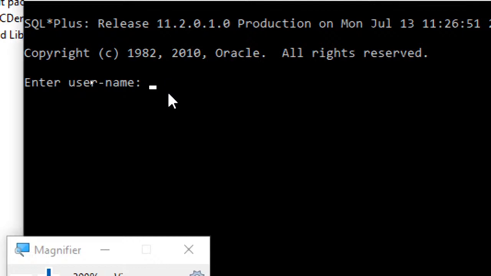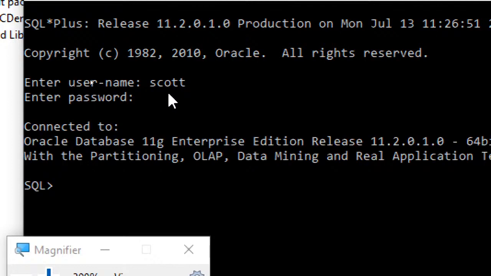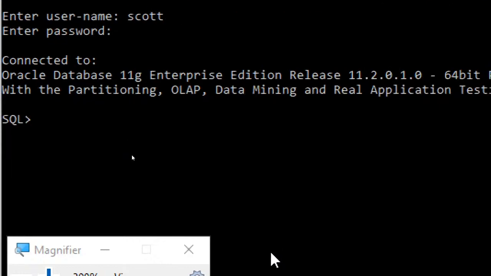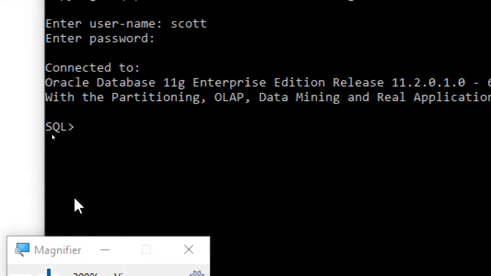And here I'm giving Scott, Tiger. Okay, here in order to get all the tables that are there in this account, you can just use select star from tab.